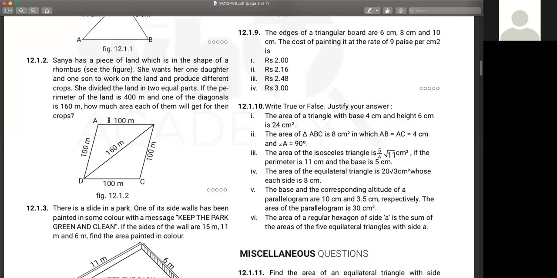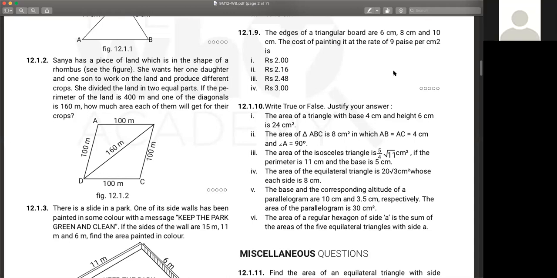Exactly. So if we had the other diagonal and we could get the area of the total rhombus, then divide by 2, that would be much easier. But you don't have the other diagonal, no? Anyway, we would have to use the Pythagoras theorem, right? For the height of the triangle. Yes. So if you had to find the other diagonal, you have to use Pythagoras theorem, find the height, then find the area of the rhombus.